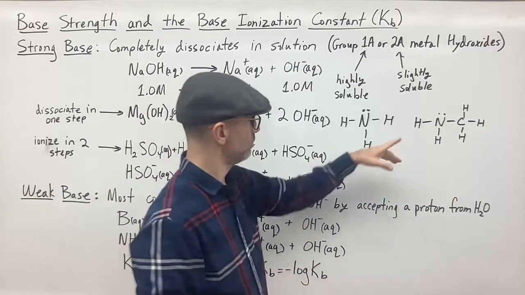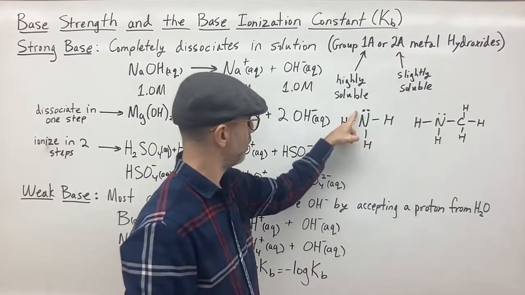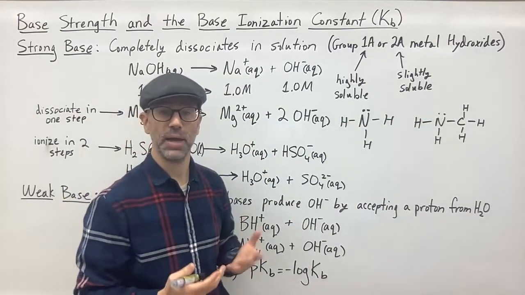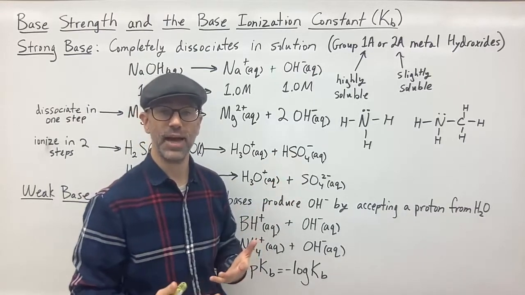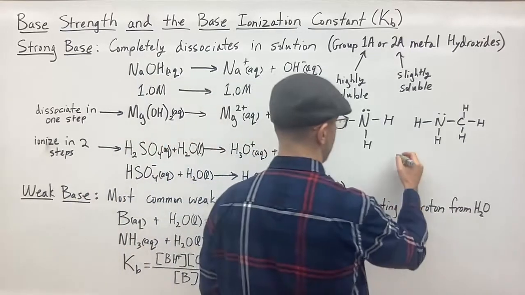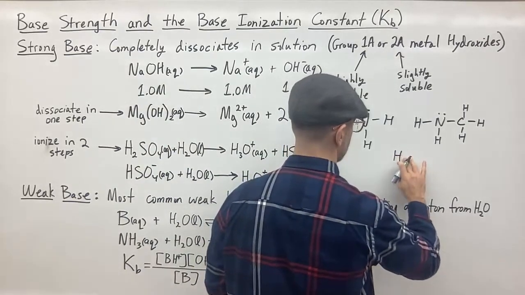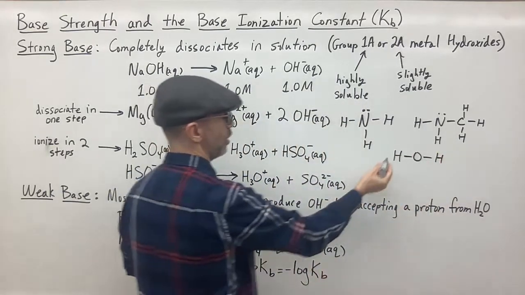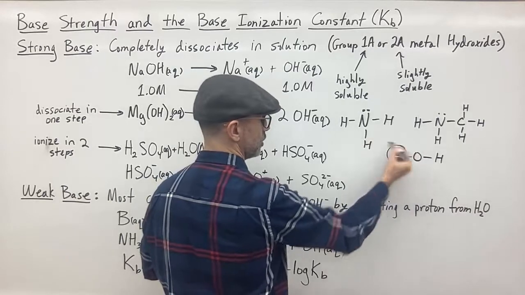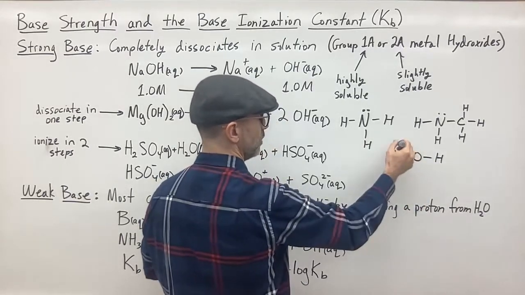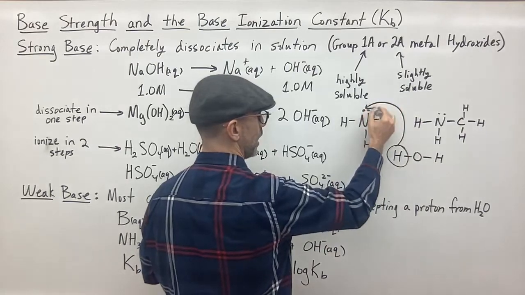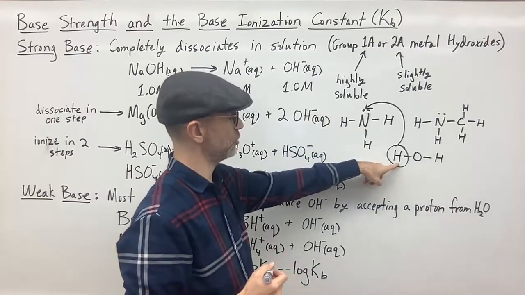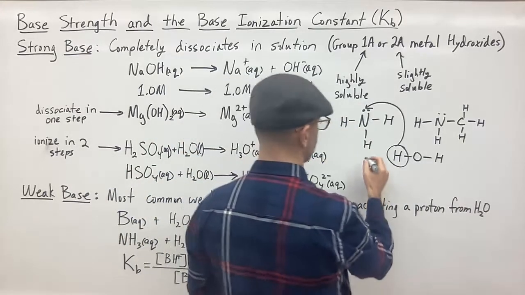So you'll notice that here the nitrogen has a lone pair, and so that makes it a good weak base because that lone pair will attract the hydrogen from water. So what happens is that you have water. So water here has the hydrogen. This hydrogen here, or maybe that hydrogen there, is going to be attracted to the negative lone pair. And so that negative lone pair is going to want to take the hydrogen from the water, and then that's going to form